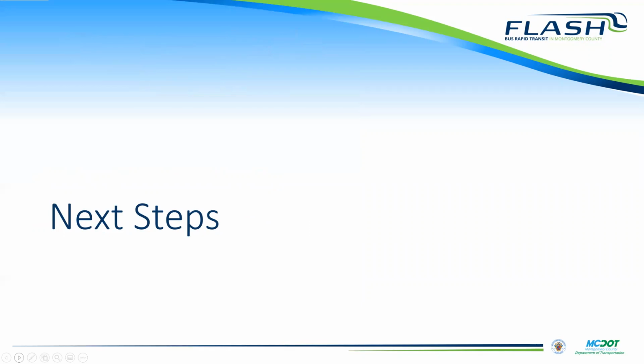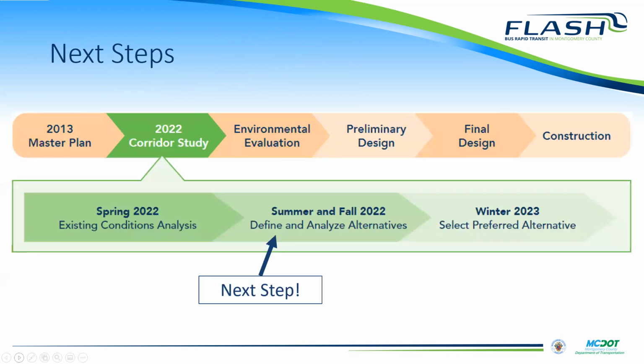We don't pretend that that's everything. That's a brief overview of those conditions, and we can talk through more details as we move into the question and answer session. But I want to get to the next steps. So this is again our schedule. We're at the end of our evaluation of existing conditions, and we're looking for feedback from this meeting as well as other meetings from stakeholders to help us understand concerns that we may have missed in the corridor.